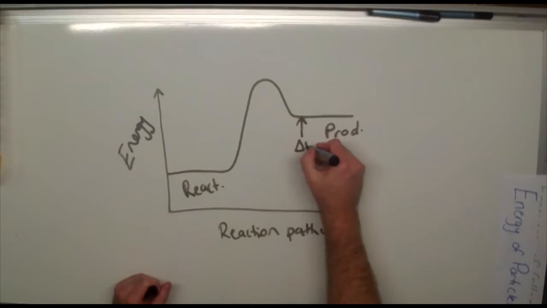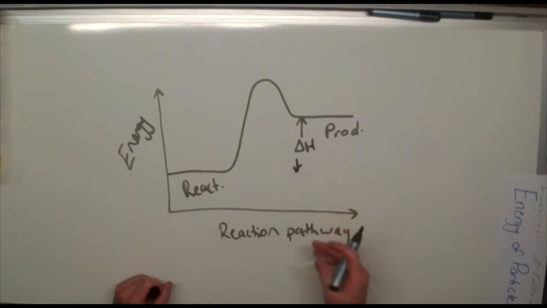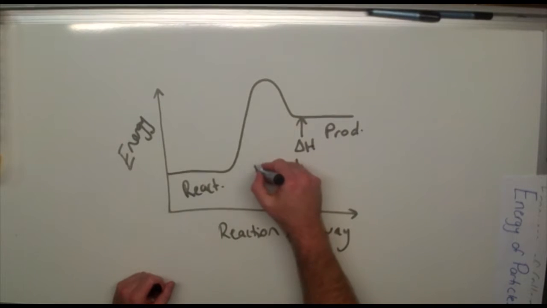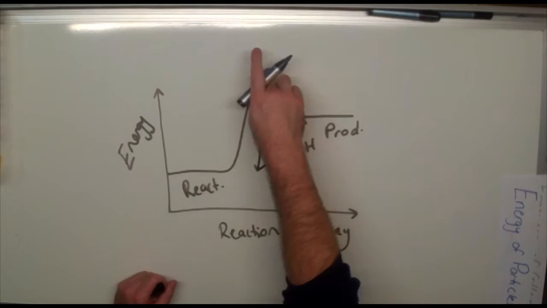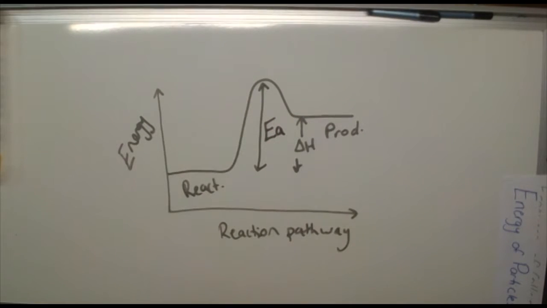All right, that's the enthalpy. Okay, the difference in the energy between the reactants and the products, in this case because it's a positive value, it's an endothermic reaction. And we have a distance here between the energy of the reactants and the top of our peak here. That's our activation energy called EA, and it's the minimum energy required for the reaction to occur. So that's the reason why we don't just have all these reactions occurring all the time around us. Okay, in order for particles, when they actually want to react, they have to collide with the